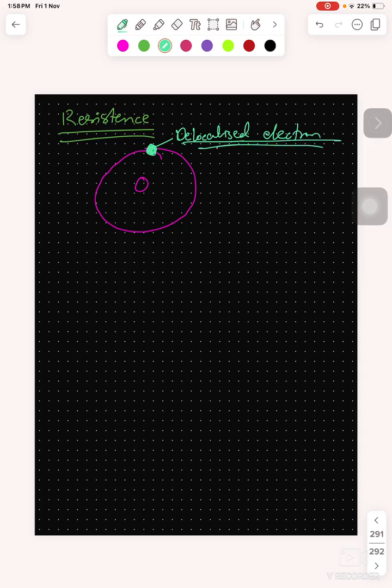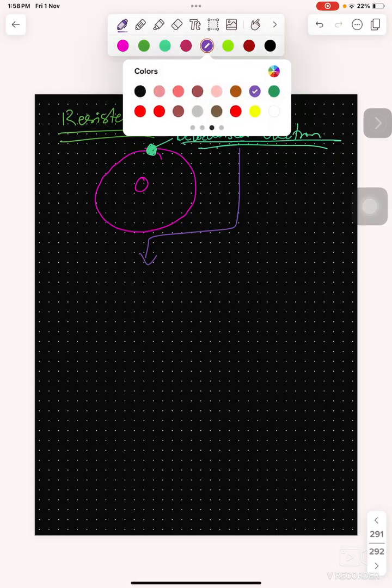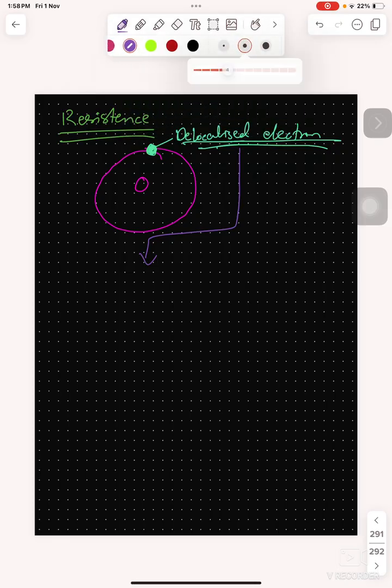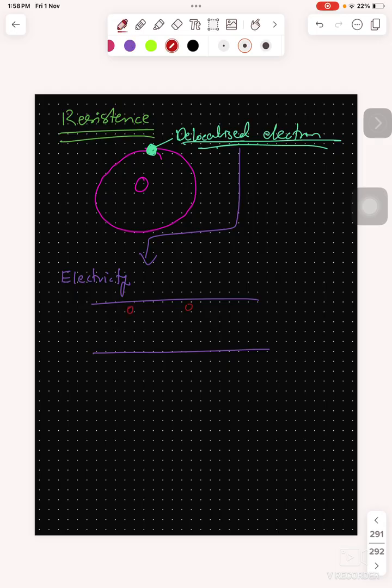So when we pass electricity through that metal wire, what happens is that because of the free electron,